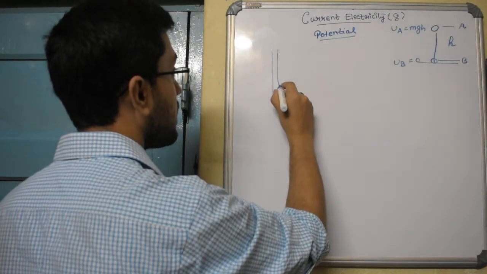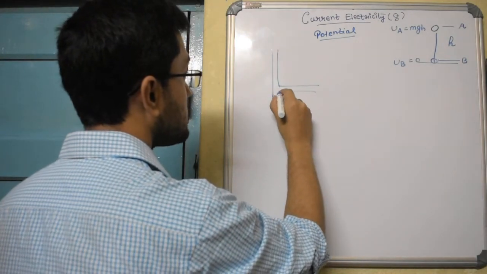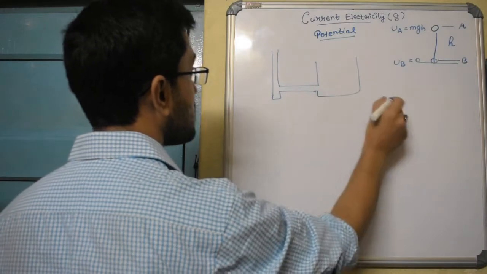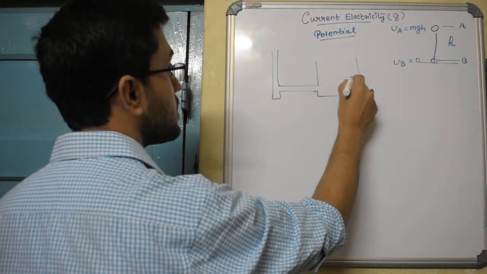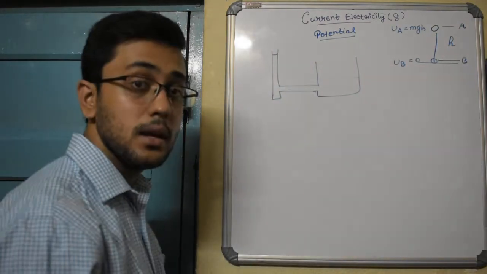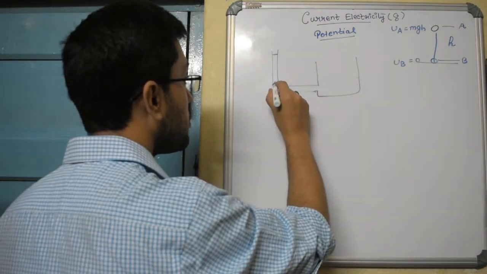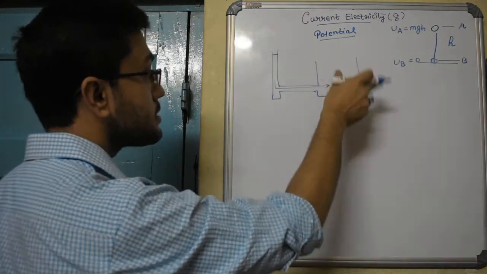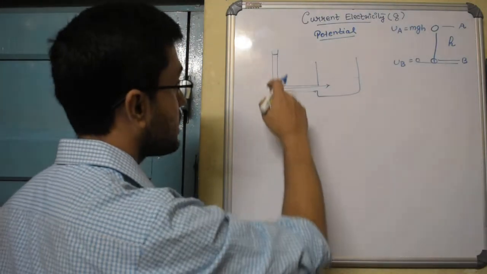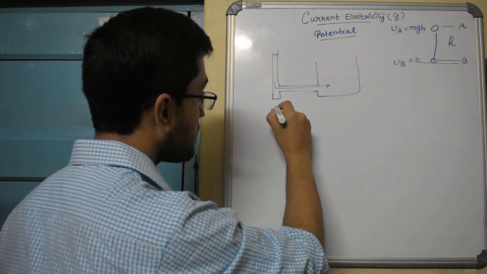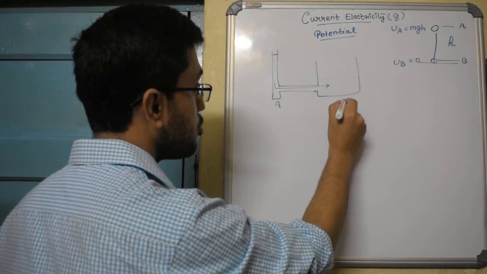Similarly, if I have a container like this, say I have a thin capillary which is connected with a water bath with a beaker, and say this beaker has got water level up to this side and this has a water level up to this side, then what will happen? Water will flow from the capillary into the beaker. Though the beaker contains a greater volume of water than the capillary, water will be flowing from this direction, or let me say from point A to point B.